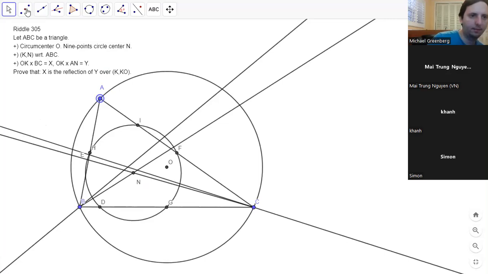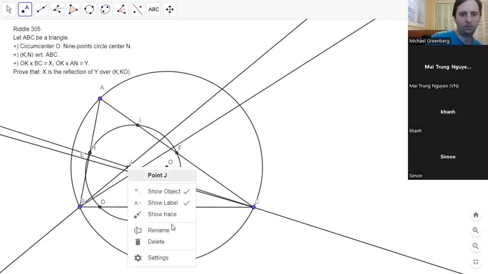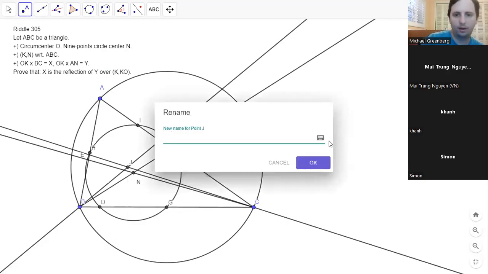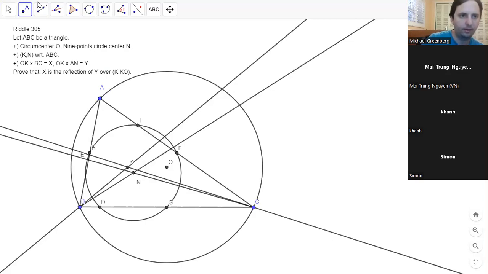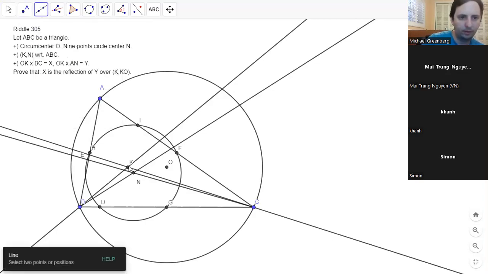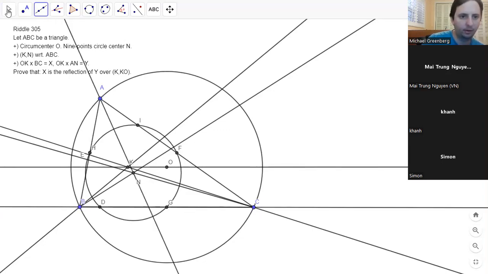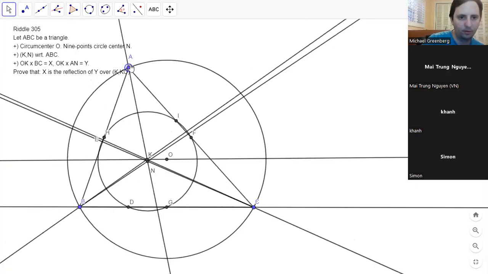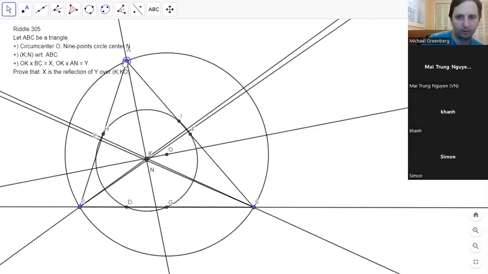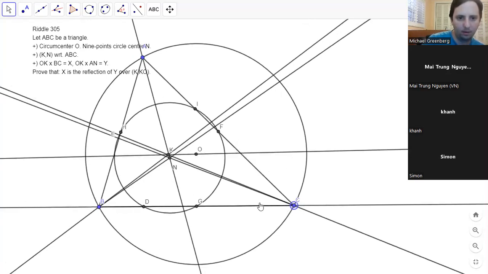That's K. And then OK intersects BC at X. And OK intersects BC and AN at X and Y. But we want to be able to see the intersection better. So what if I make this like a really tall triangle? I think that's a